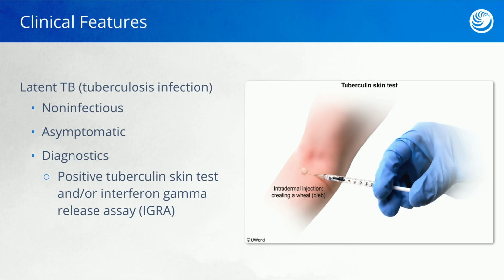In clients who are immunocompromised, an area of about 5 millimeters is enough for diagnosis. For clients living somewhere like a prison or homeless shelter where the population is very dense, an induration of 10 millimeters is sufficient for diagnosis. And for everybody else, 15 millimeters is the standard. It's important to note that when we do an X-ray of these clients' chests, they're not going to have any signs of TB. Remember, it's been walled off, so there is no spread of the infection to the lungs.